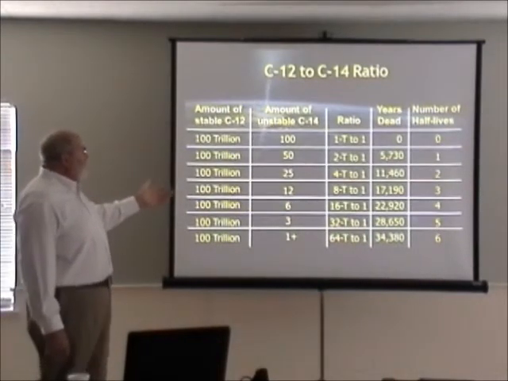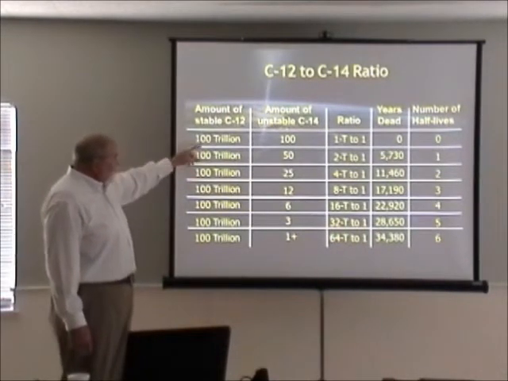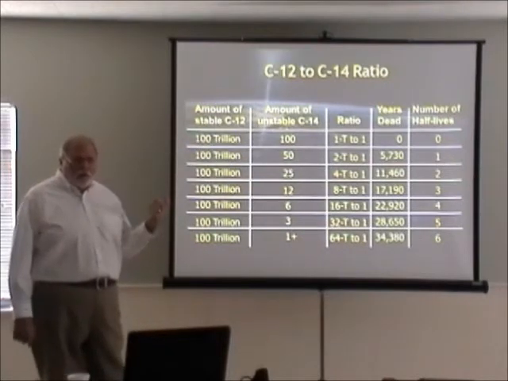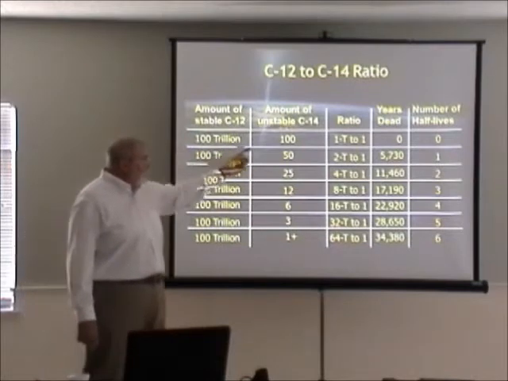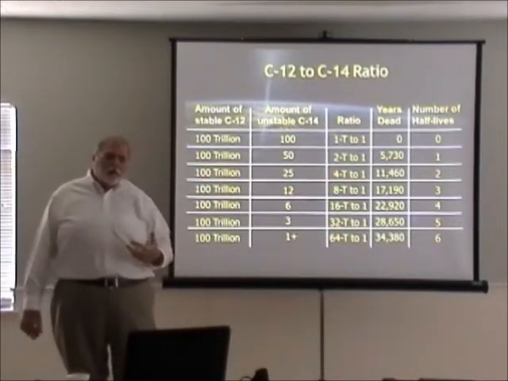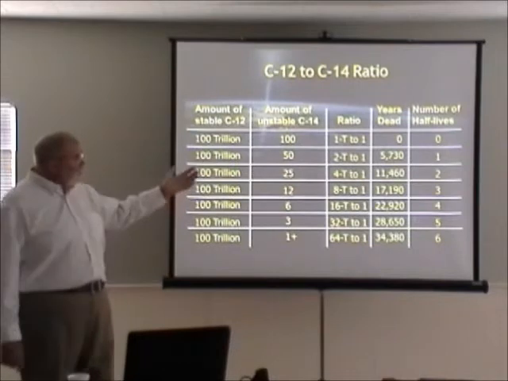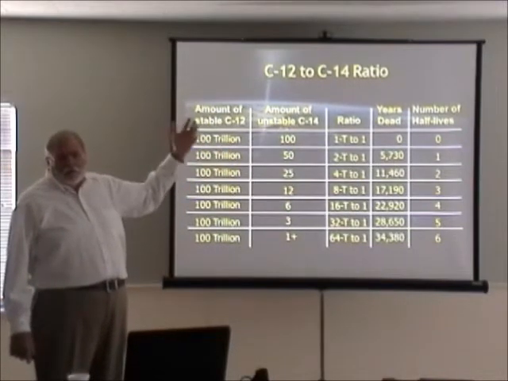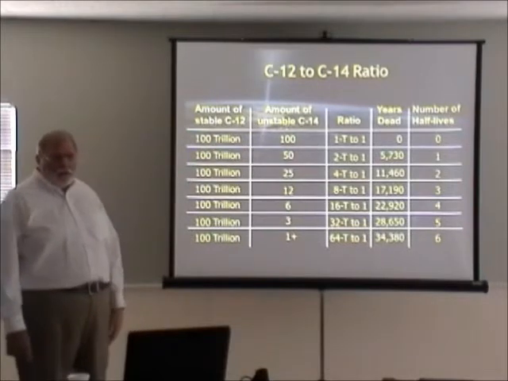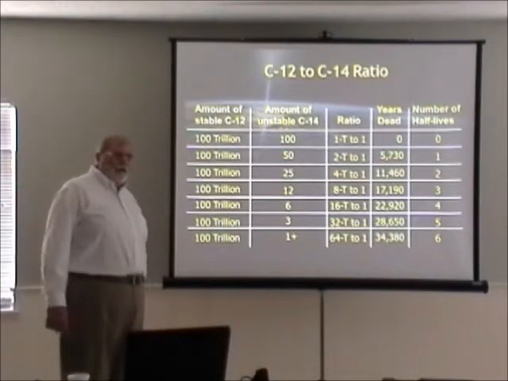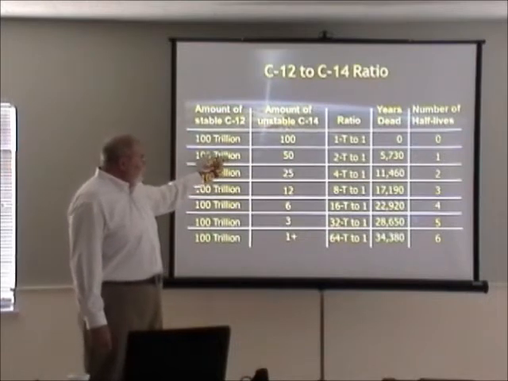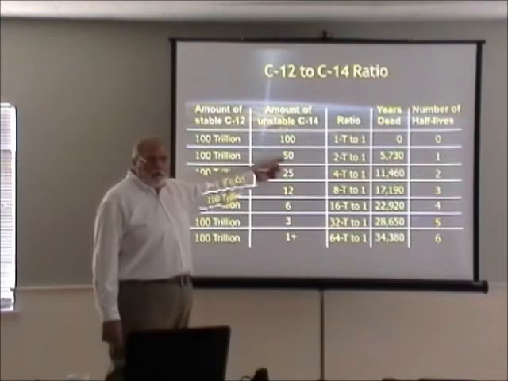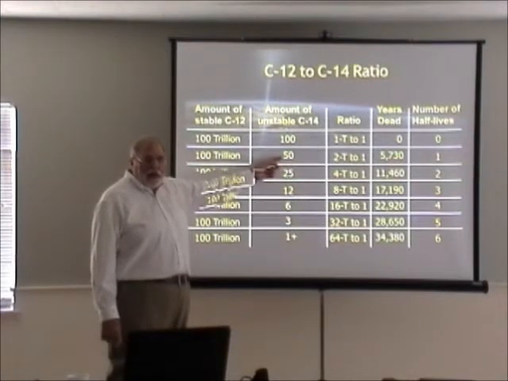That makes sense. It's radioactive. So, just as an example, if you have 1 trillion stable C12 atoms, you will have 1 unstable C14. That's a 1 trillion to 1 ratio. The number of years dead is 0. The number of half-lives is 0. Now the thing has been in the rock for a while. I mean, it's been dead for a while, and remember, now the C14 is decaying